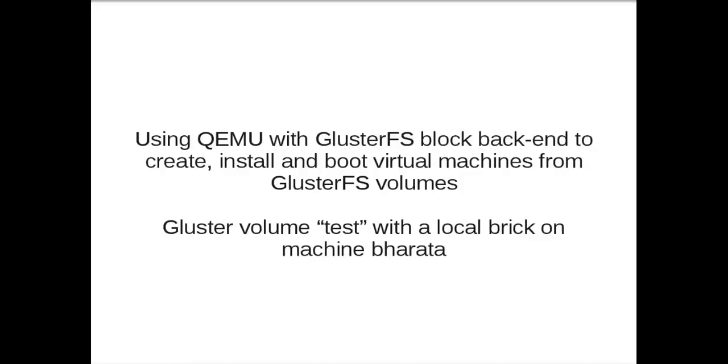These patches should eventually make it to QEMU mainline, at which point you should be able to use this directly from a release version of QEMU. This demo assumes that GlusterFS with libgfapi support is present. Currently, I am using GlusterFS from its git tree, but eventually libgfapi support should also be available in a release version of GlusterFS. I am using a pre-created Gluster volume called test that resides on the machine where QEMU runs.